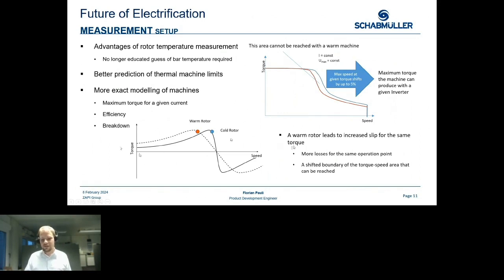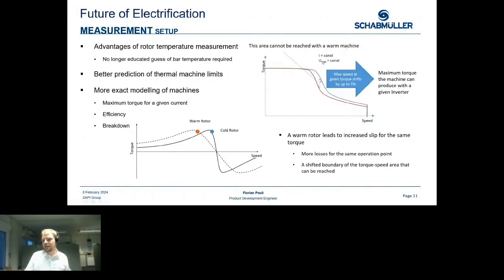Here we can see the breakdown curve of an induction machine, torque over speed, for a fixed voltage and a fixed frequency. And for a cold rotor, we have a smaller rotor resistance, and then we have a steeper characteristic here than for a warm rotor. And if we take a look at how this affects the entire torque speed range we can cover with our machines,